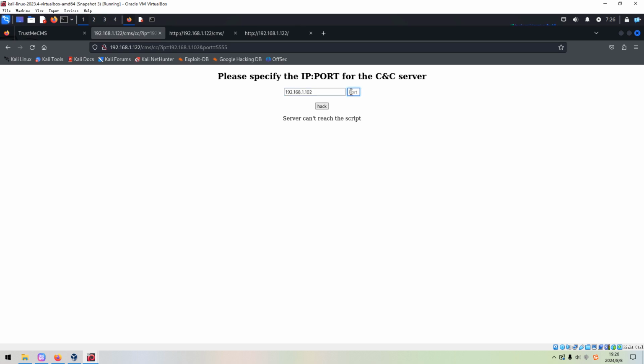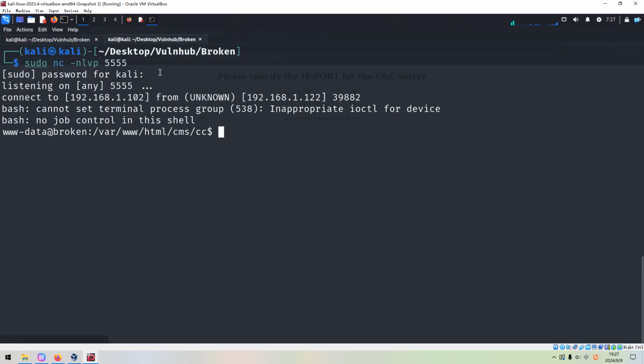This port number should be the port number adopted by the web server. Okay? And we can click hack. As you can see, we successfully got the connection from the target, which is wonderful, right?